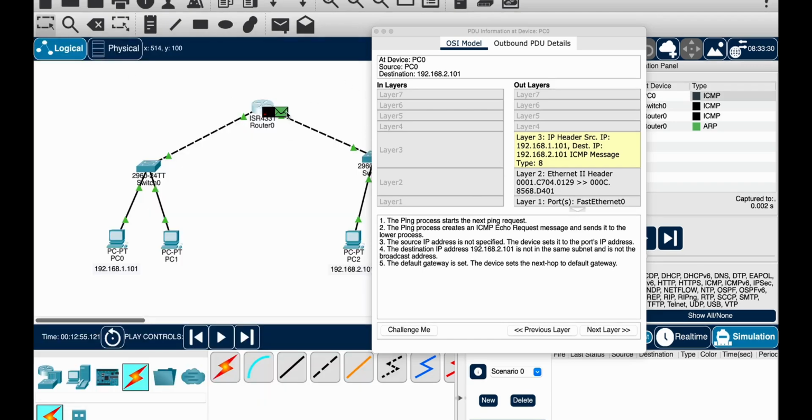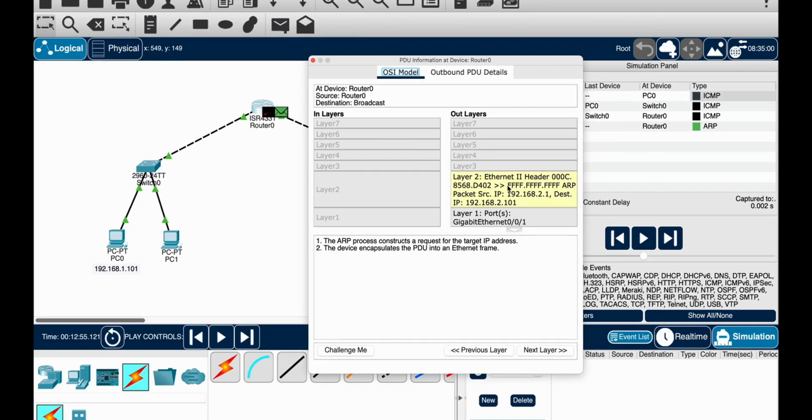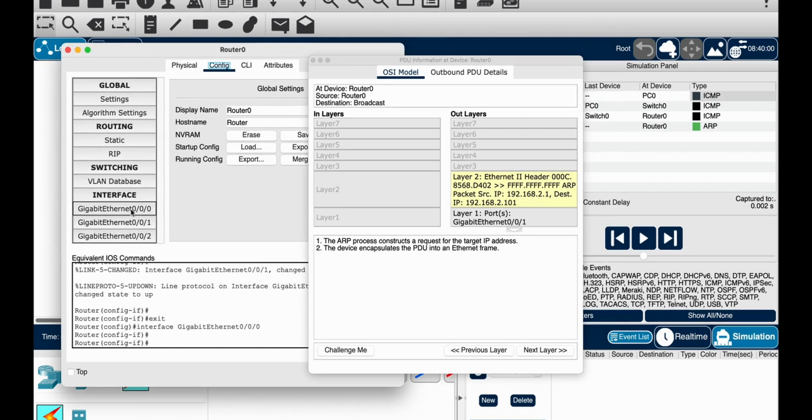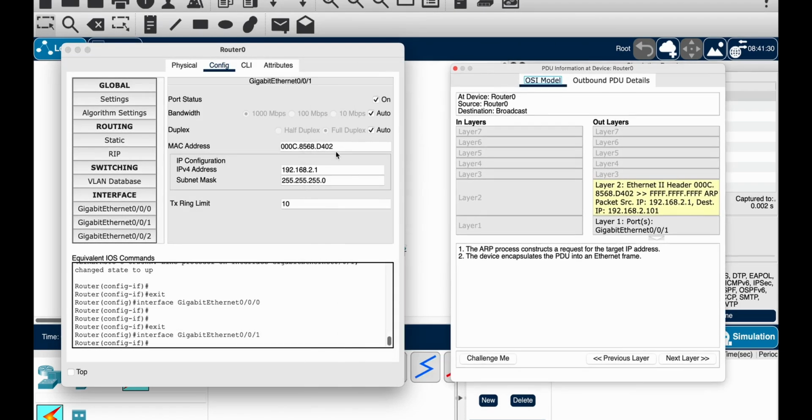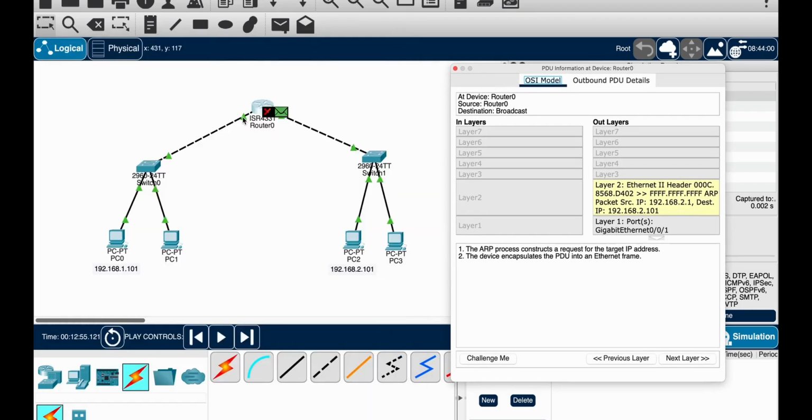So this packet over here, you see the Ethernet layer 2 is changed. Why? It's saying the source is now D402, which is the second interface, this guy over here. So what the router is now doing is that it's taking the packet, it's changing the layer 2 information. It's saying that this D402, I'm the source now, no longer this guy over here. The MAC address of this PC0 has disappeared. I am the source now in layer 2 and I'm sending this to who?